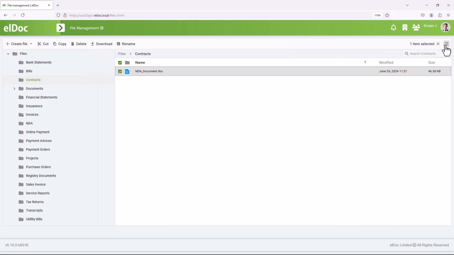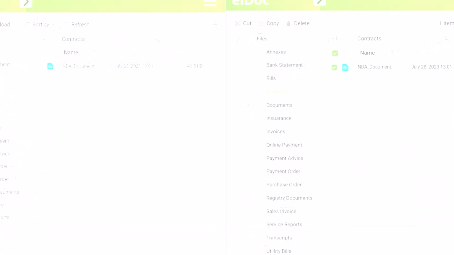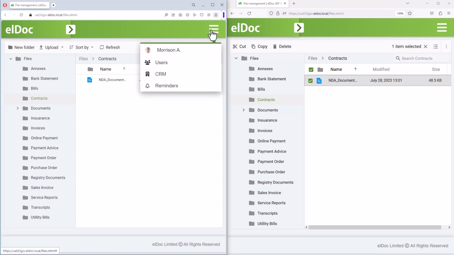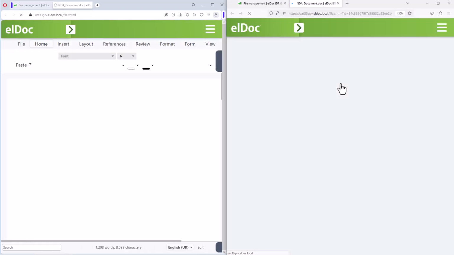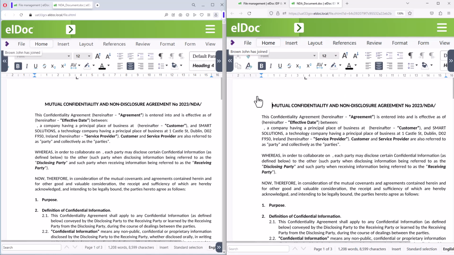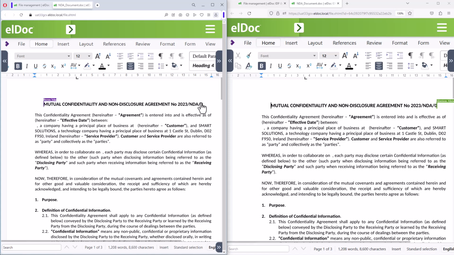Once everything is configured, we'll open the chosen document in two separate browser windows. In each window, we'll log in using the distinct user accounts. This will allow us to witness firsthand how real-time online collaboration seamlessly unfolds as both users work together on the